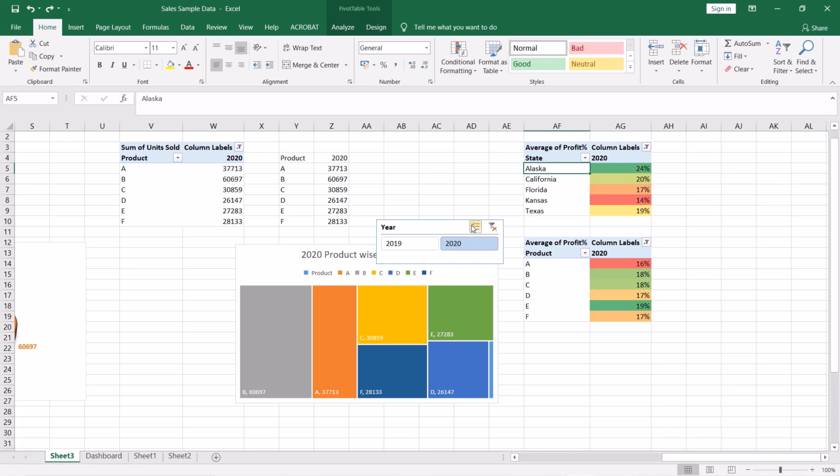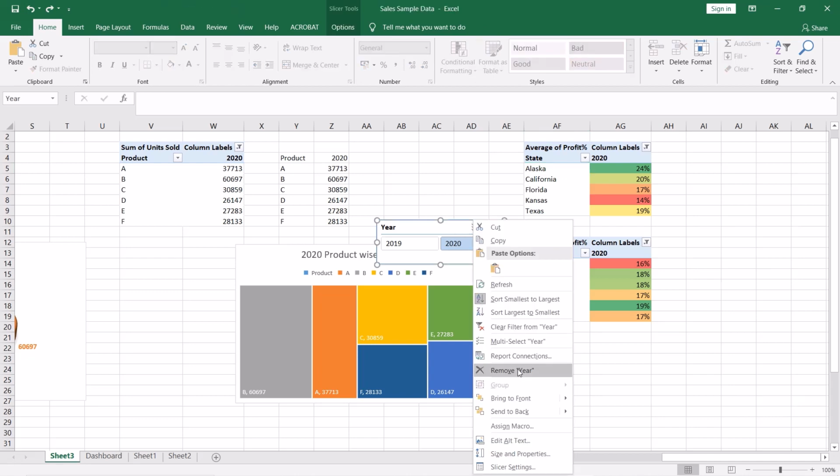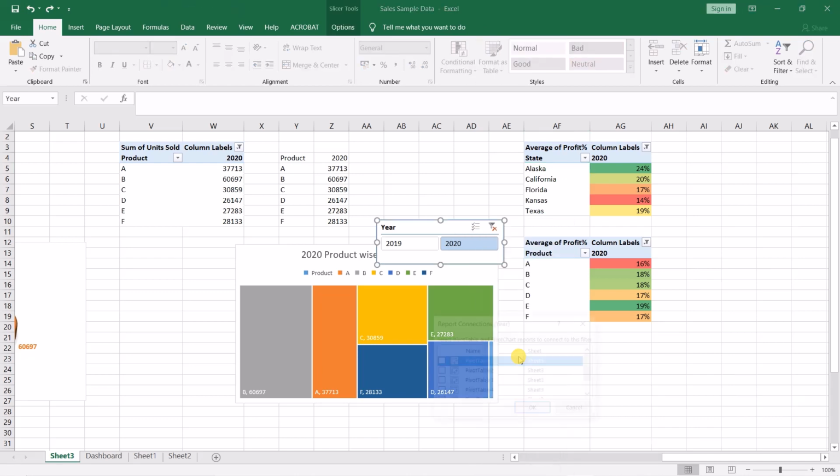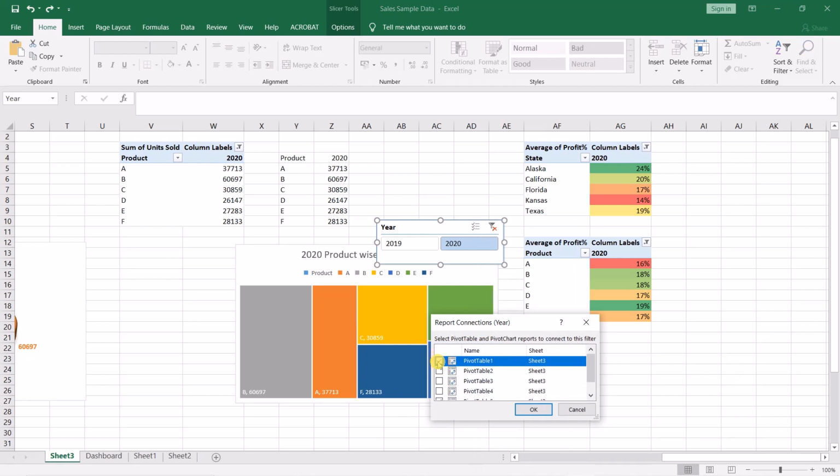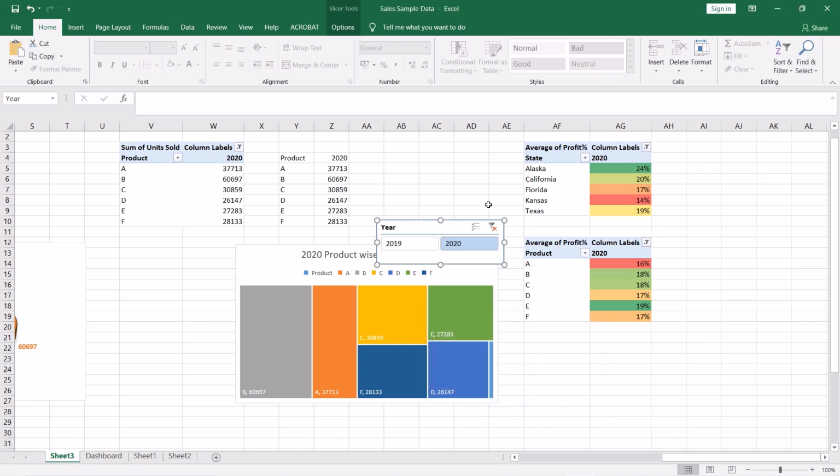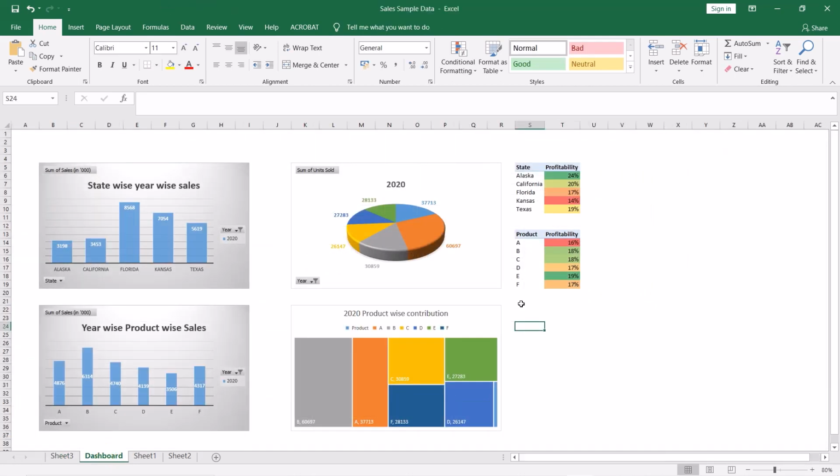Now we can go to the report connection from here, so that every pivot gets connected with this particular slicer. Now we are taking this into our dashboard.